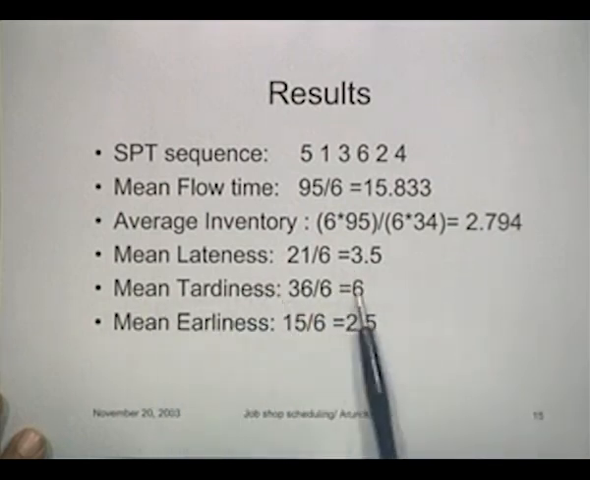The mean tardiness is 6 and the mean earliness is 2.5. So this is how you could summarize the performance of a particular rule, in this case the SPT rule. And what we will do now is we will take another example,